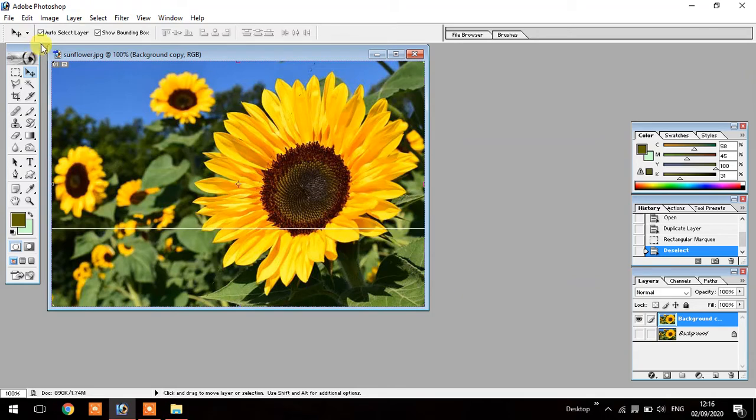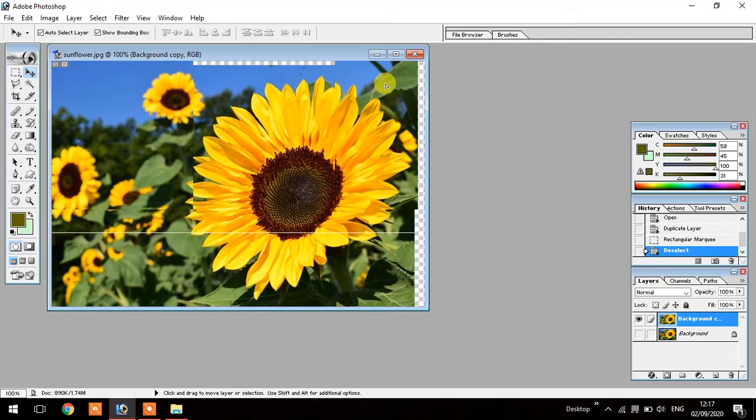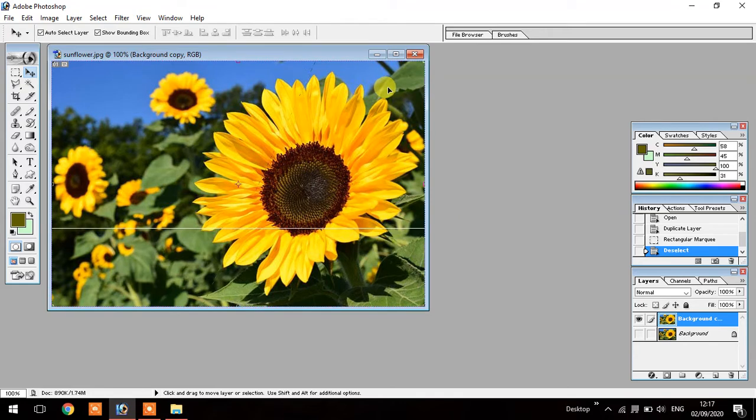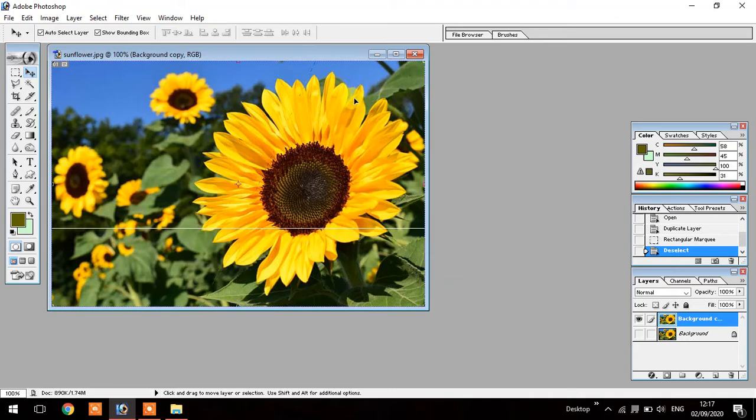Now first of all, you have to see this, the auto select layer. Auto select layer is a very important option, because when you insert layers, I am going to explain about this later. First of all, I am going to try to move it. You can move your layer or image. If your layer is not active, sometimes when you want to move your image it does not move because the background layer is activated, then in that case you have to make the foreground layer active.